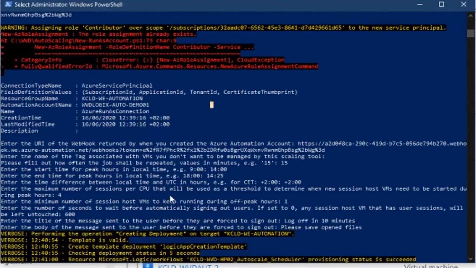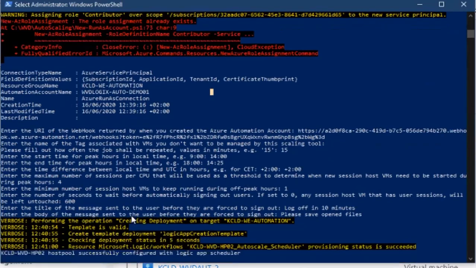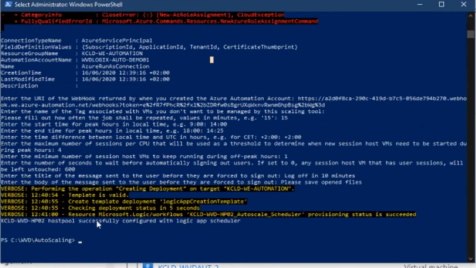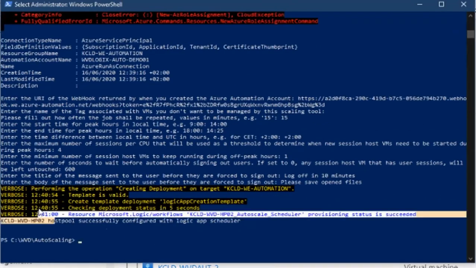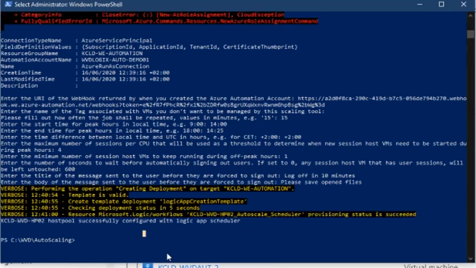You can enter the maximum number of sessions per CPU and the minimum number of session hosts that keep running during the off-peak hours. And last but not least, you define a message, a title, and a body, and how much time you give your end users before they are logged off and when the downscaling happens. Finally, this was everything. You can see after exactly 15 minutes, the resource was deployed,